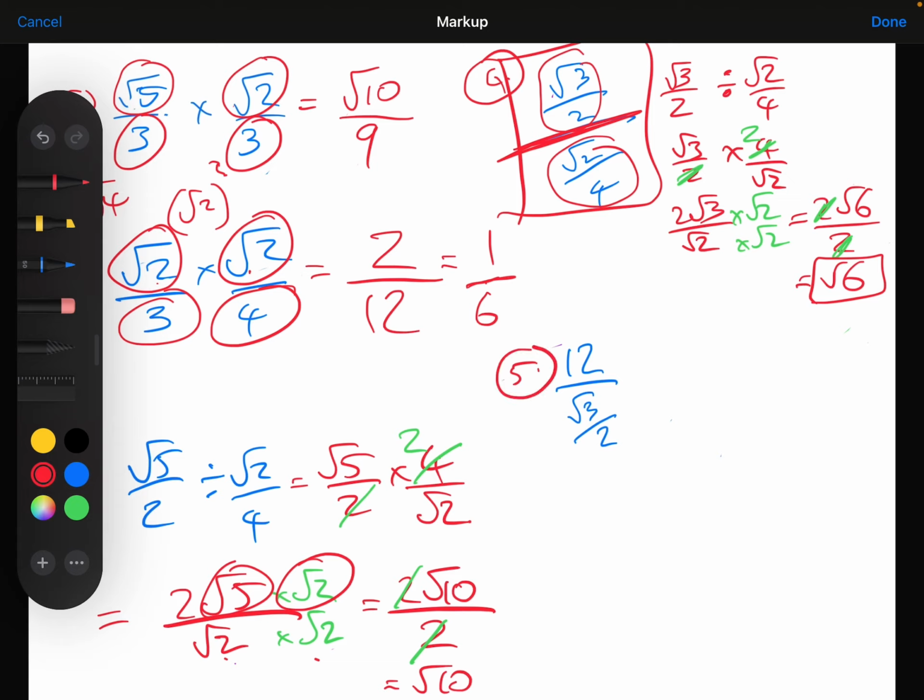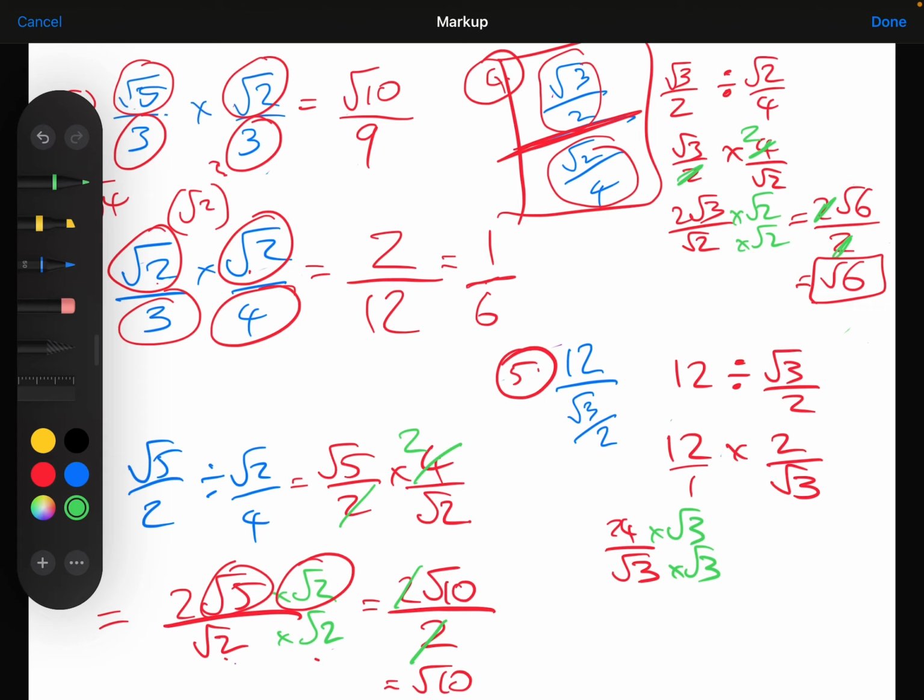And then the final example, example 5, I've got 12 divided by root 3 over 2. So 12 divided by root 3 over 2. Again, I'm going to multiply by the reciprocal, like that. Obviously the 12, I could think of that as being 12 over 1 if that's useful. So I get 12 times 2 is 24. The 1 times root 3 is root 3. I can now rationalise by timesing the top and the bottom by root 3,